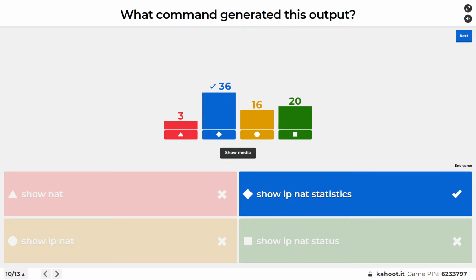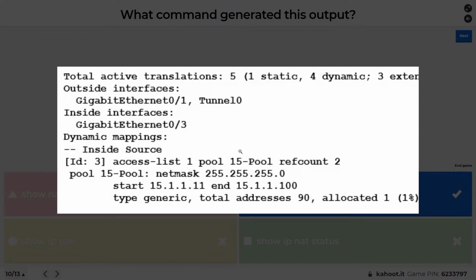All right, so what command generated that output? It is show ip nat statistics. Let me tell you why this is a winner. Because with NAT, there's a few elements that are going on. We have an access control list that's specifying who can be translated. We have a NAT rule. On the interfaces, we have ip nat inside or ip nat outside. And this command, show ip nat statistics, is the one that's going to give us a lot of that detail right here. So in the real world, this is super important because we can see kind of everything with one output.